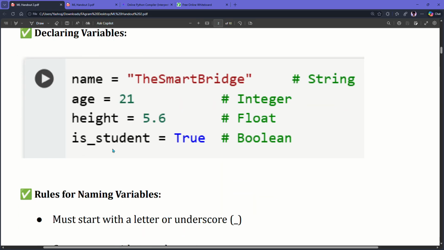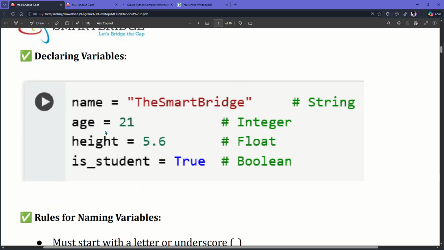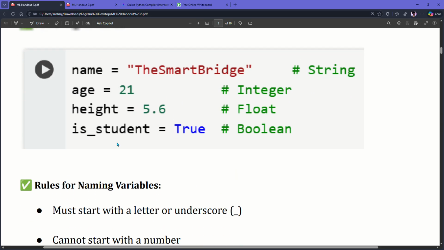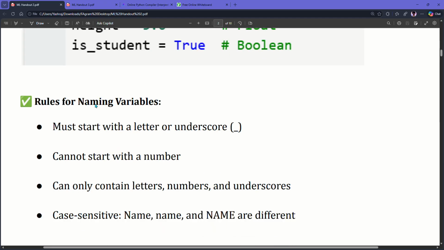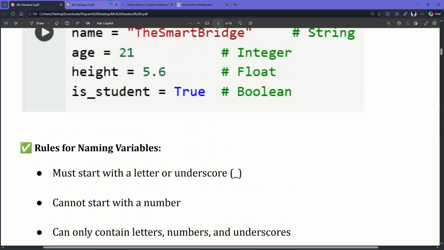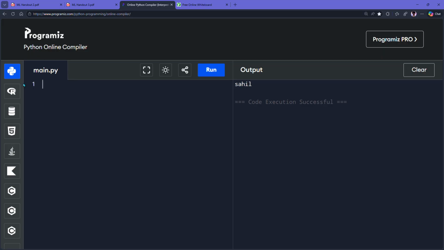Now there are some rules for declaring variables. When you declare a variable, it must start with a letter or underscore. So I can name the variable like this, this is okay, this is okay, but this is wrong. If I say print one name,